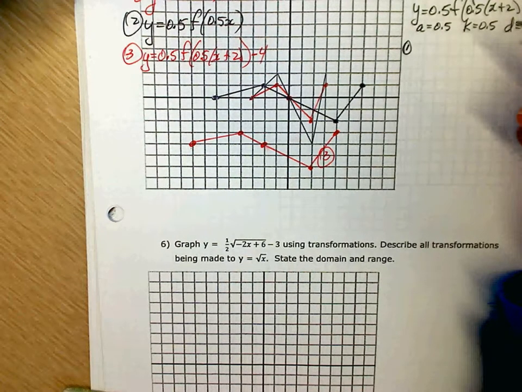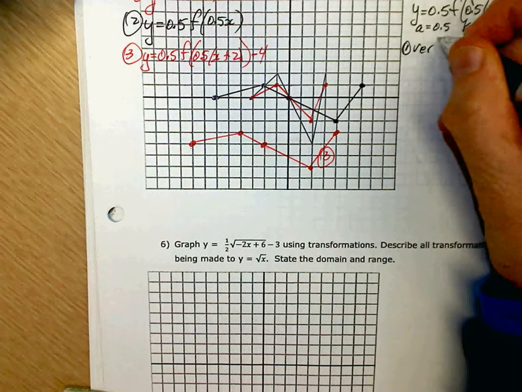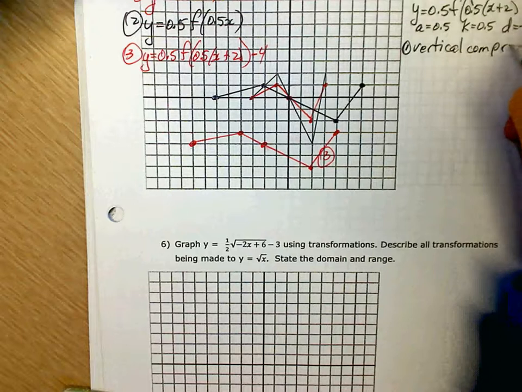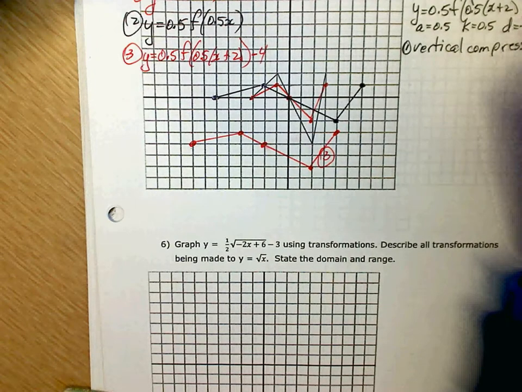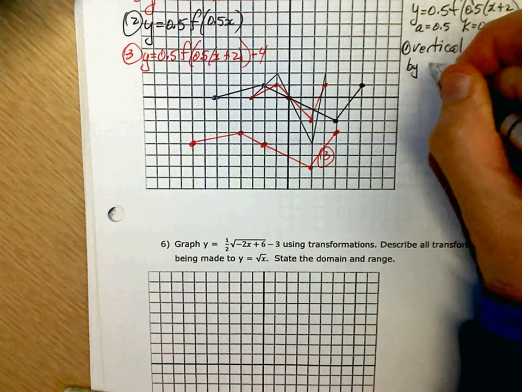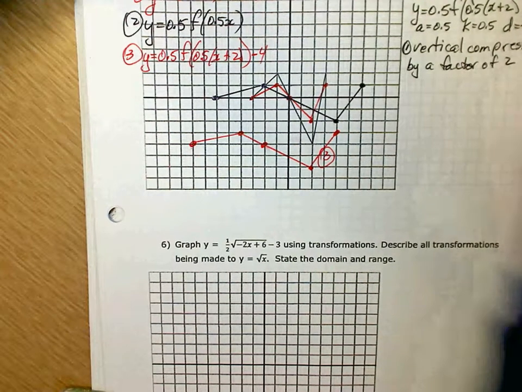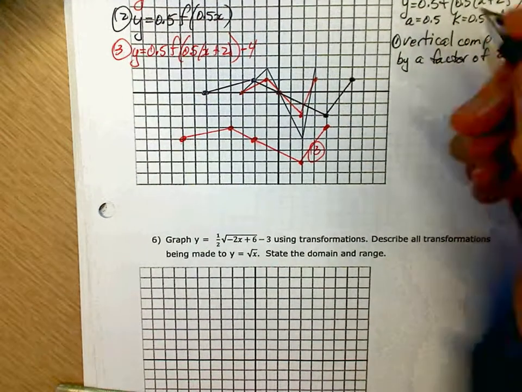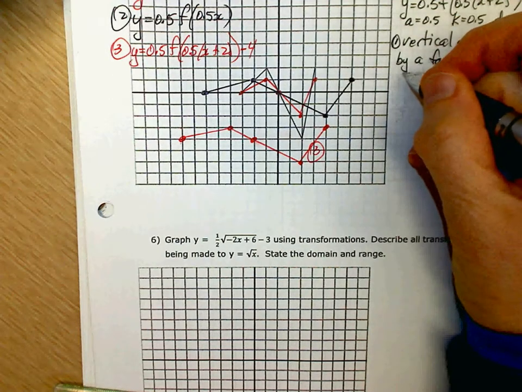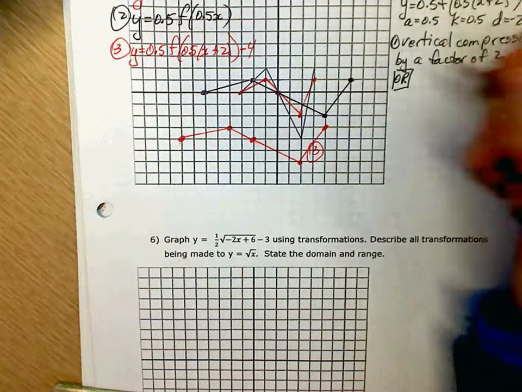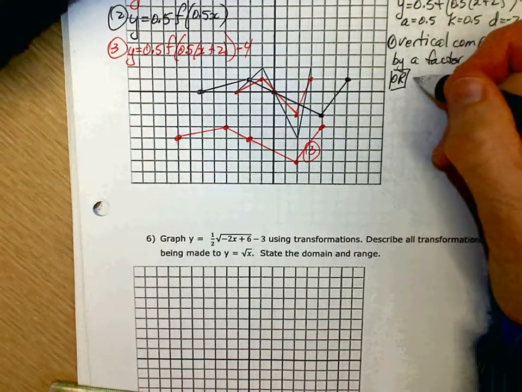Vertical compression by a factor of 2. Or, if you prefer using the word stretch, you could describe it like this. This is an or. Do one or the other. Don't do both. Vertical stretch